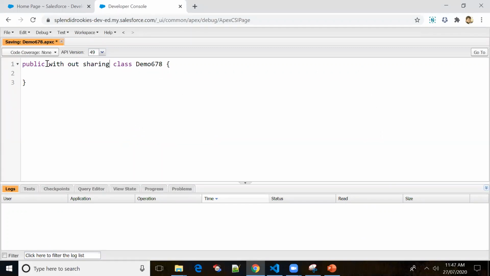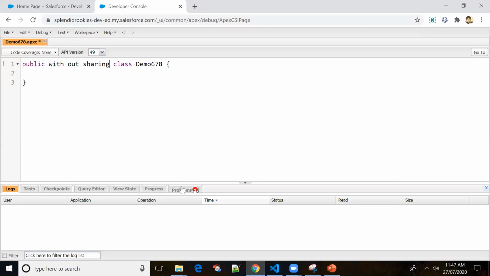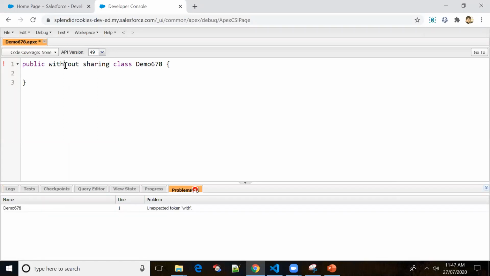Is it required? What is the error? Unexpected occurs. Strange. Why without sharing? Okay, that's fine. Maybe it's a syntax error. Just a minute.